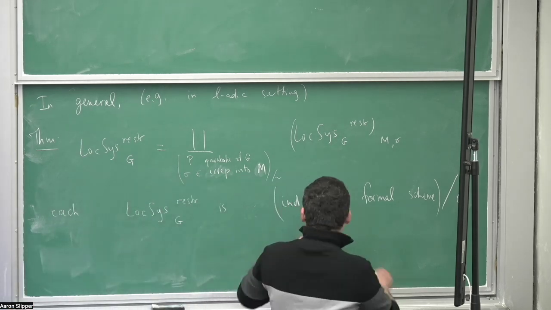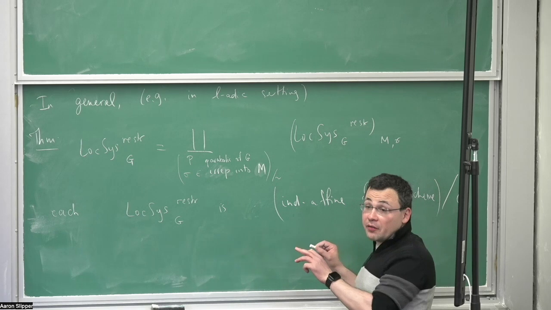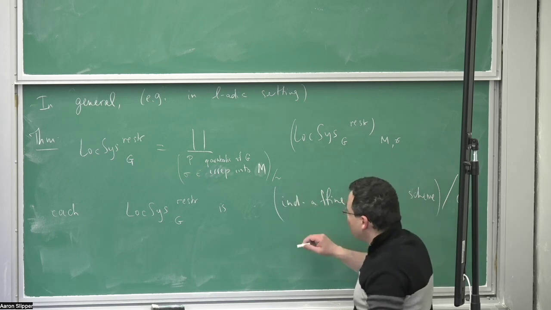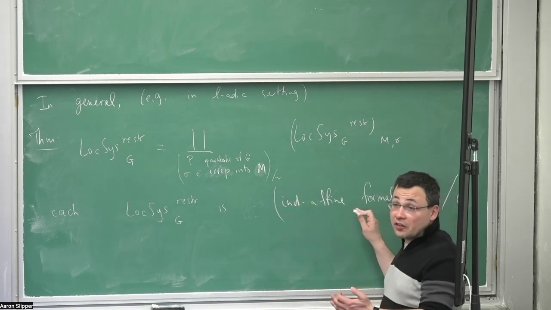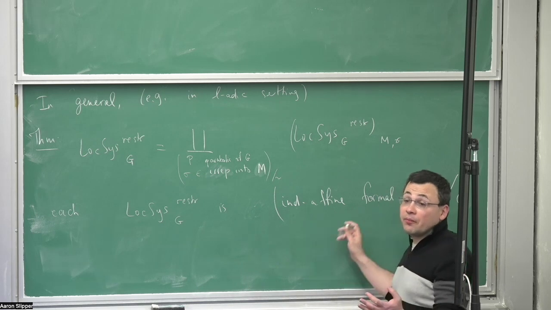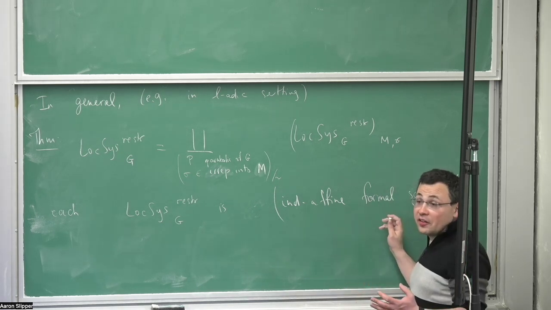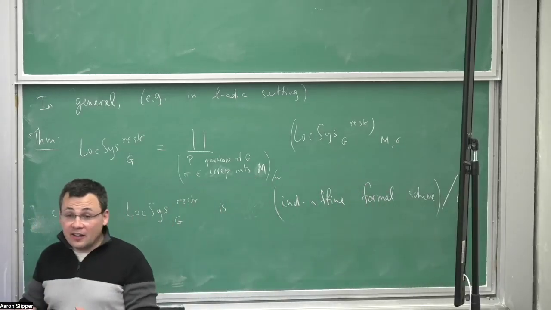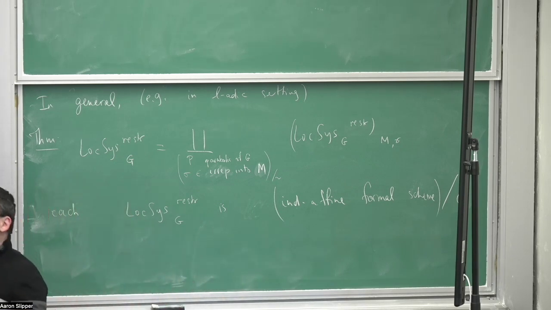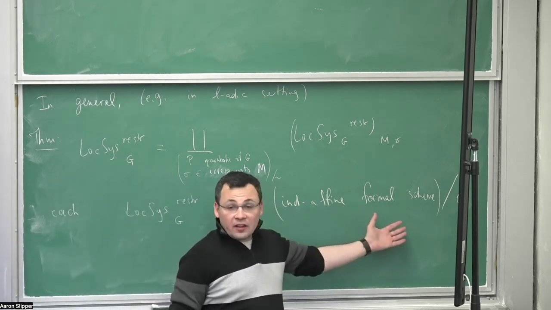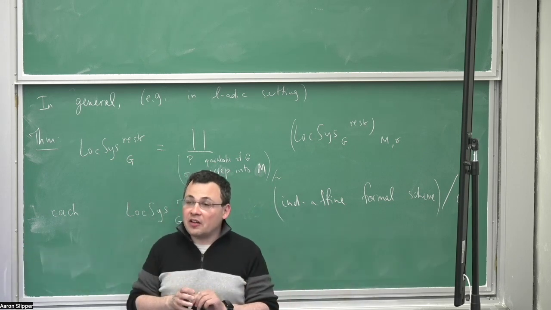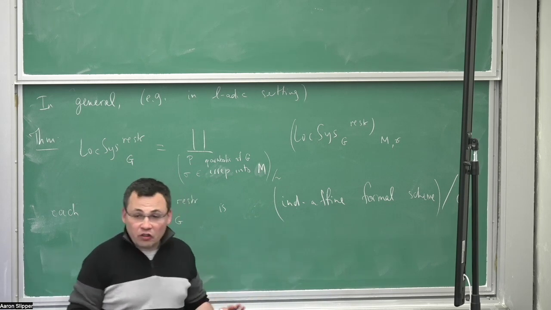This just means a formal completion of an affine scheme inside another affine scheme. So it's better than an ind-affine scheme, for instance. The reduced part is just an affine scheme, and you're quotienting out by G. So it's not an algebraic stack, but it's not so far from being an algebraic stack. It has infinitely many connected components. Well, okay, c'est la vie. Each one almost looks like an affine scheme modulo your group, but it's some formal completion of one affine in another. So this is the structure.